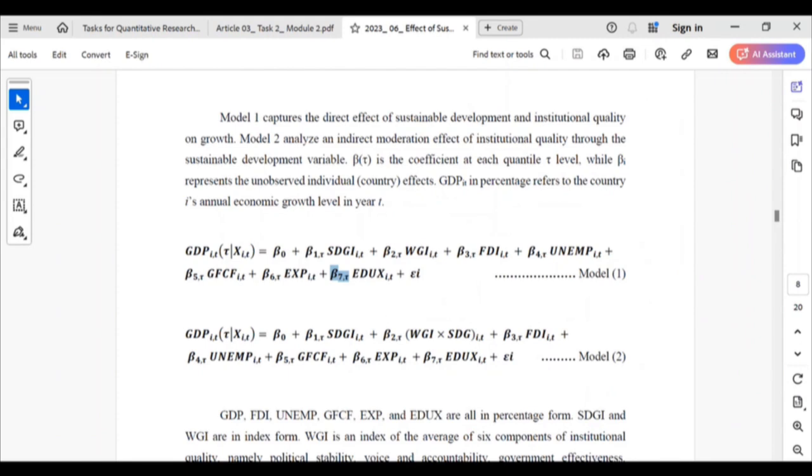If this becomes 0, that means education has no impact, zero relationship. If you put too many control variables, it is still okay. If you put too few control variables, the impact of those variables will go to the error. And if the error is too big, your prediction or your model tends to be not accurate